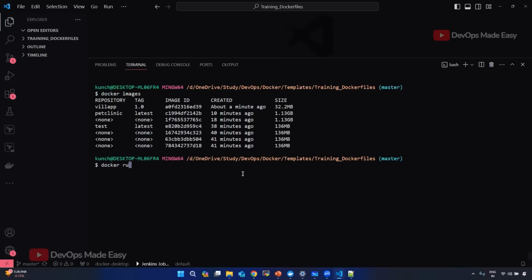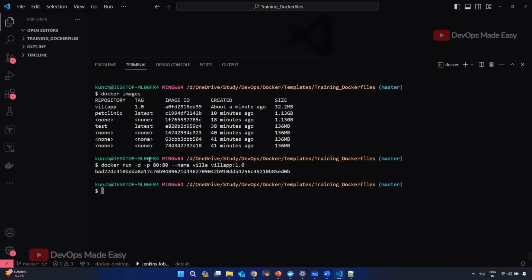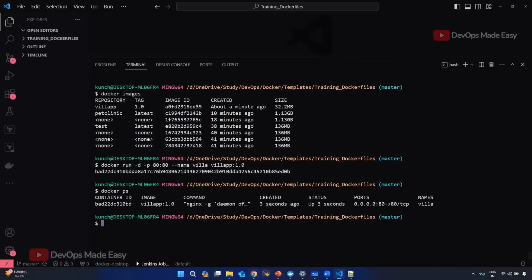So let me run it. docker run -t. On local, I use 80. Internally, it is using port 80. Let me name this container as villa, something like that. docker ps, your app is running,